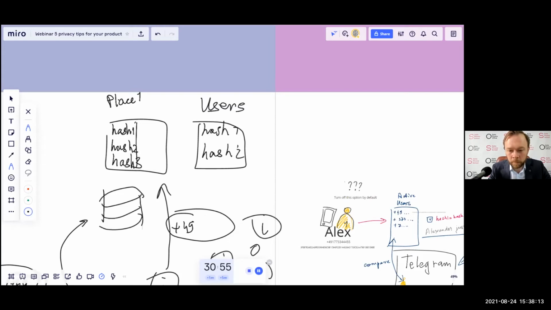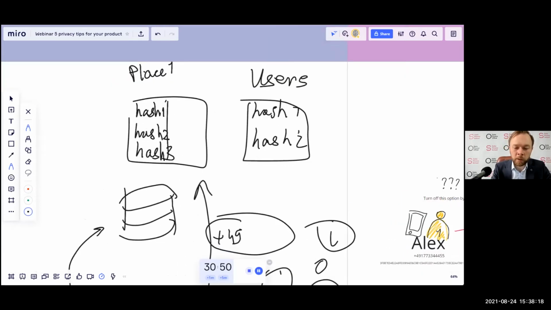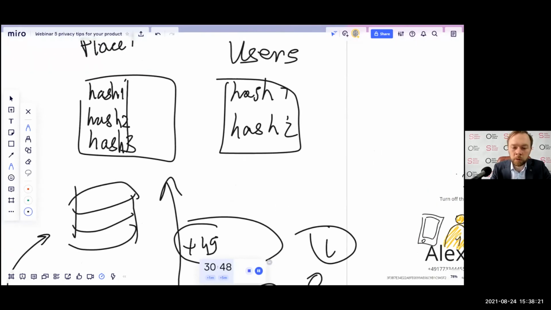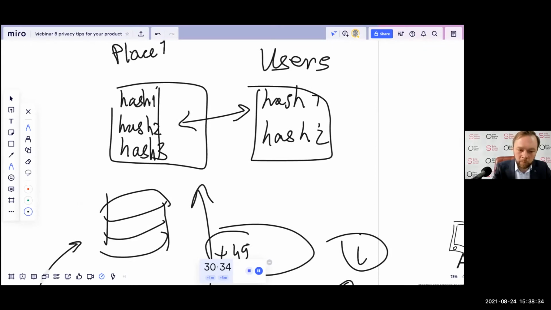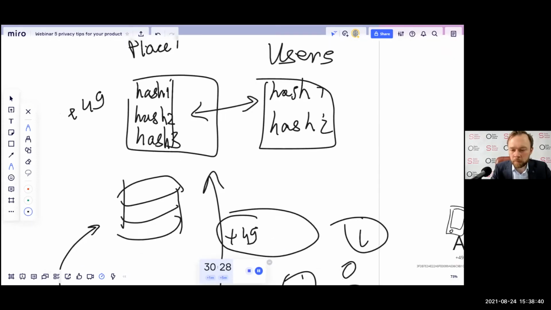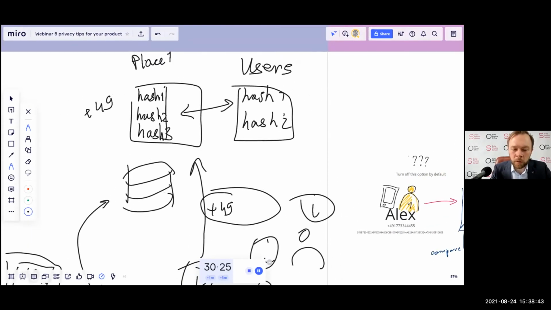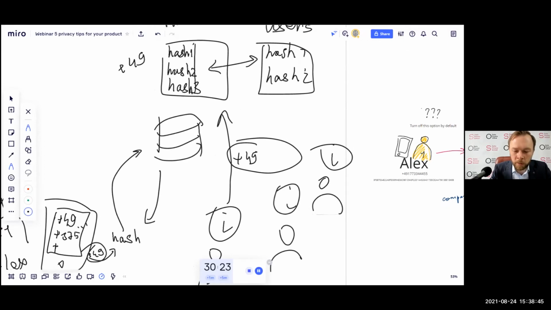And the only thing that you need to allow Alex to recognize that Mary is present in this network is to compare those hashes between themselves. And when you compare them and you see, okay, this hash of phone plus 49 of a German phone is the same as the hash of this user, you can allow Alex to know, okay, Mary is in the network. You may connect to her directly. You may send her a direct message, you can transfer money to her, etc., depending on what your